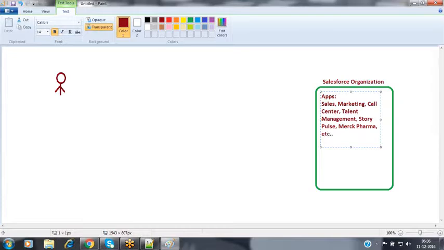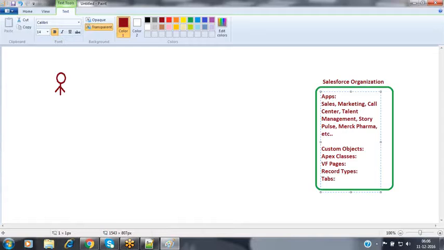Along with that, I have some set of custom objects, a set of Apex classes, a set of Visualforce pages, a set of record types, and a set of tabs.